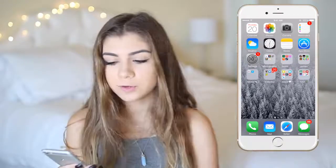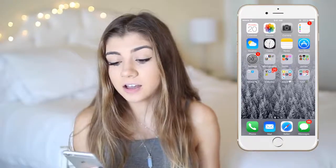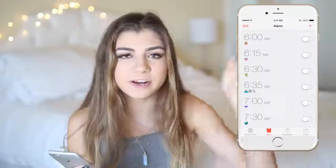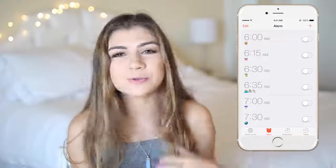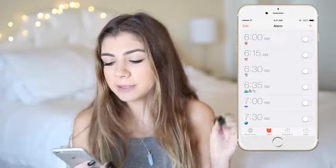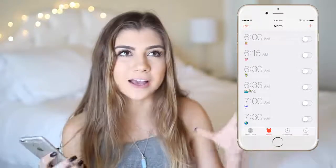Then the next row, I've got weather, clock, notes, and the app store, so just basic apps. I have a ton of alarms actually, and they're all between 5 a.m. and 7:30 a.m. and you probably think that's absolutely ludicrous, but to be honest, I like to wake up between